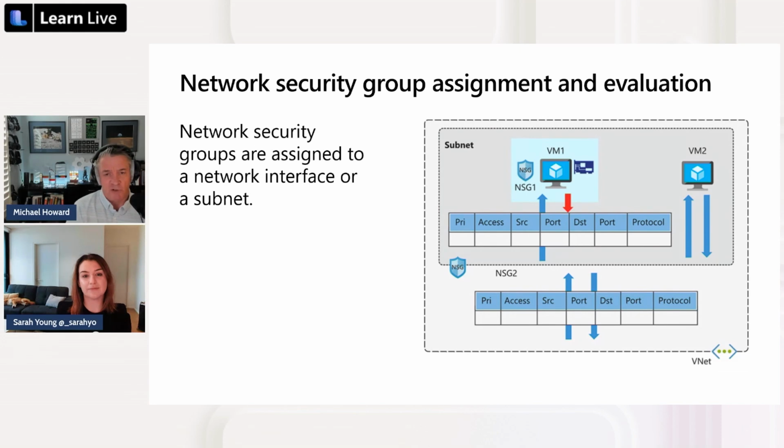Actually, while we're on this topic of isolation, one thing you should be aware of in Azure is that the virtual network, the VNet, is an isolation boundary. Two VNets cannot talk to each other at all, unless you peer them, which we're not going to talk about today. But they are an isolation boundary. But subnets can talk to each other, but you can control traffic flow between those subnets, which is where NSGs come in.